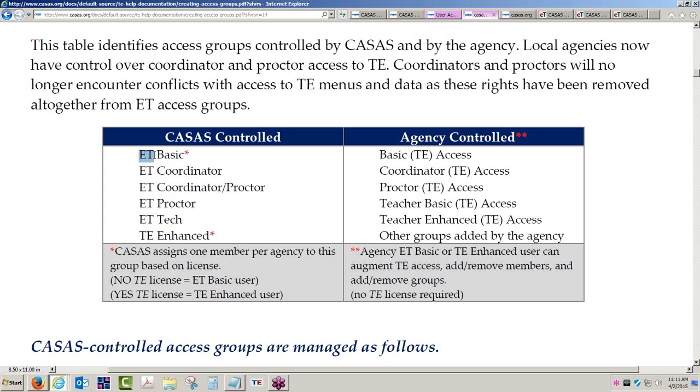Now, these access groups here are prefaced by ET. These all have to do and only do with accessing CASAS eTest Online. These access groups here, when members are placed in these access groups at your direction, these access groups have no, excuse me, not this one here, let me clarify. These four here have no access to TOPS Pro Enterprise Online. So if you have someone who is going to serve in the coordinator role or the proctor role, or say a combined coordinator and proctor role with eTests,